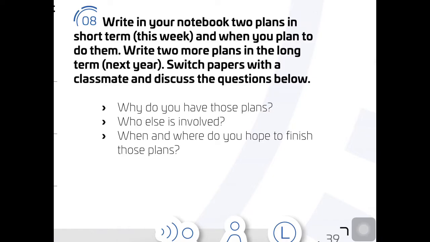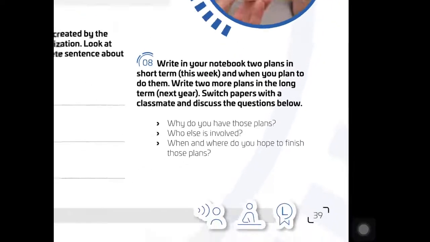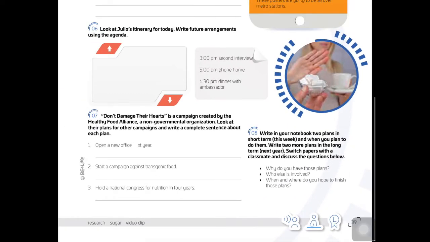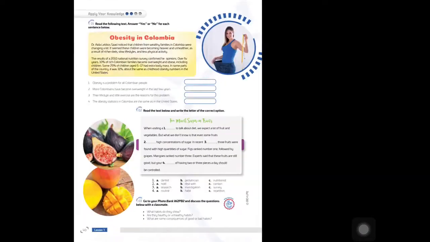Switch papers with a classmate and discuss the questions below. This is for the virtual class. Why do you have those plans? Who else is involved? When and where do you hope to finish those plans? You just have to answer these questions, and then we are going to switch with a classmate in the virtual class. On page 40,